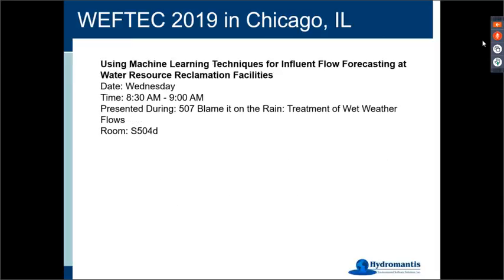And I will be presenting on Wednesday at 8:30 in the morning about using machine learning and AI techniques for doing influent forecasting and how you can use that to input into GPSX and use that kind of information as a really good way to provide input for your model. So if you're able to make it out on Wednesday, bright and early in the morning at 8:30, I'd be happy if you could make it by my talk.